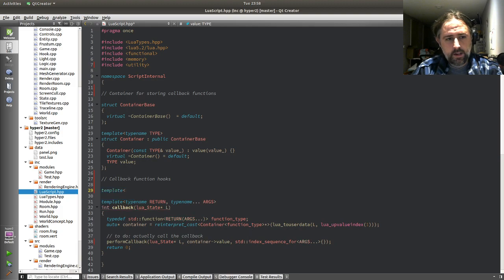So all I need to do now is make another function that's got the return type, the args, and then these are size t